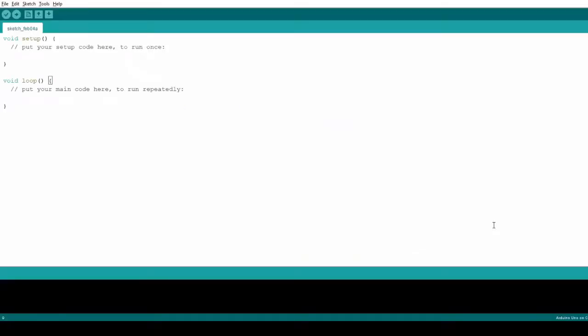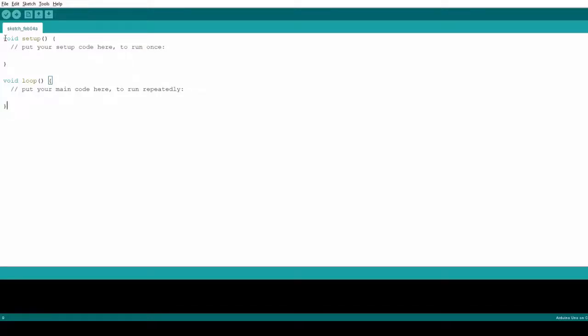Now I am opening the Arduino IDE. We all know IDE means Integrated Development Environment. We all know what an Arduino IDE is. It is cross-platform; it can run on Windows, Mac OS, and Linux operating systems. Here I am using the Arduino IDE for programming our microcontroller. We all know about these icons and how to program on it. Here I am going to write a program for the LCD display.